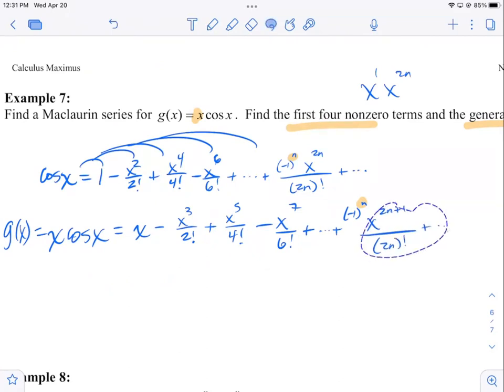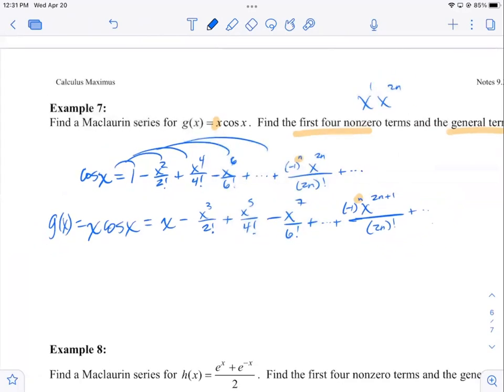And then if I check the alternator, I'll put it in the numerator. The first term has to be x, so that's going to again be when n is 0, and negative 1 to the 0 is positive, so that works. Okay. All right, so again, including the general term in your original cosine makes it so much easier to just